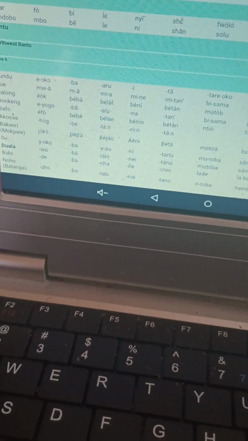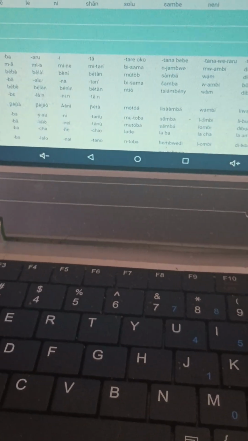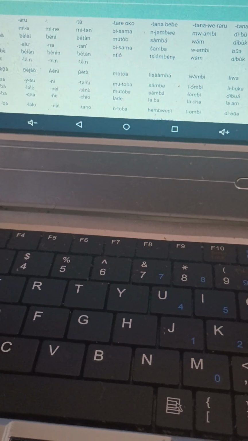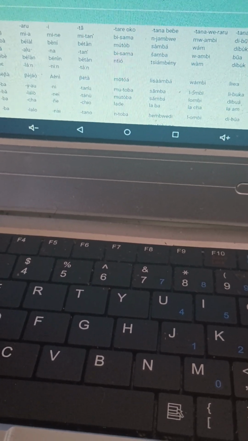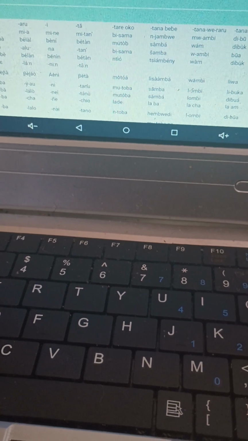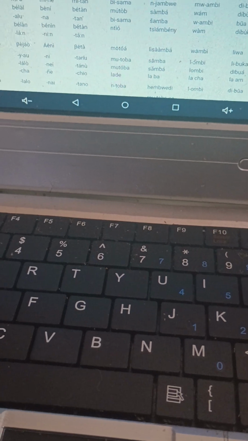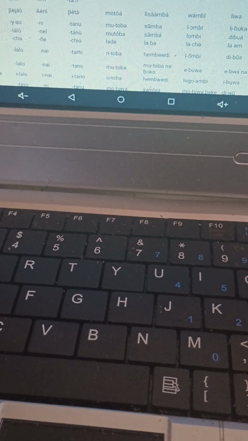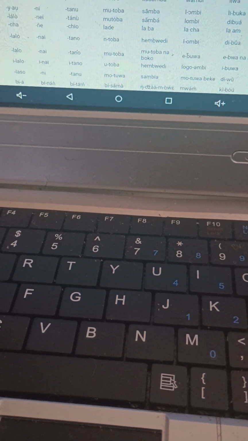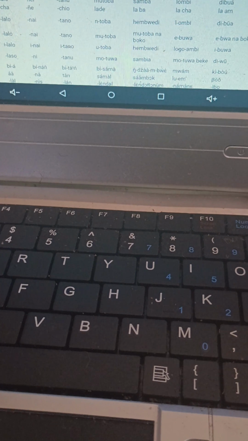Going now into northwestern Bantu, and looking at 7, I see Njambwe, I see a Samba, a Sambeni, a Samba, Himbwede. Okay, so Himbwede again, a Sambia, Nzambwe, a Sambok,